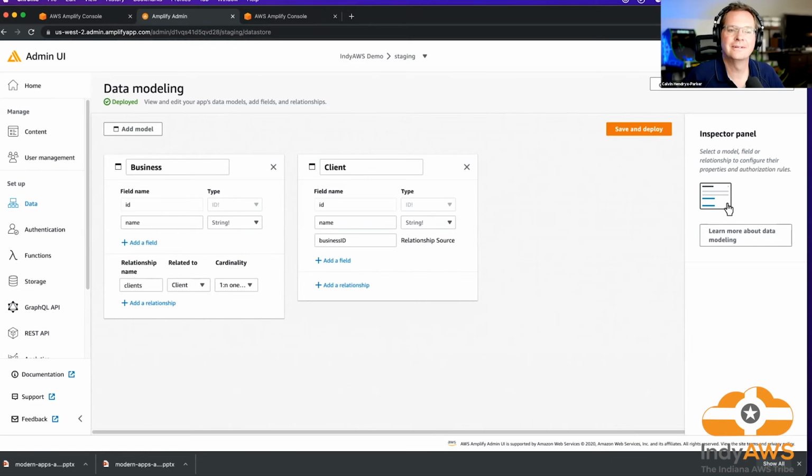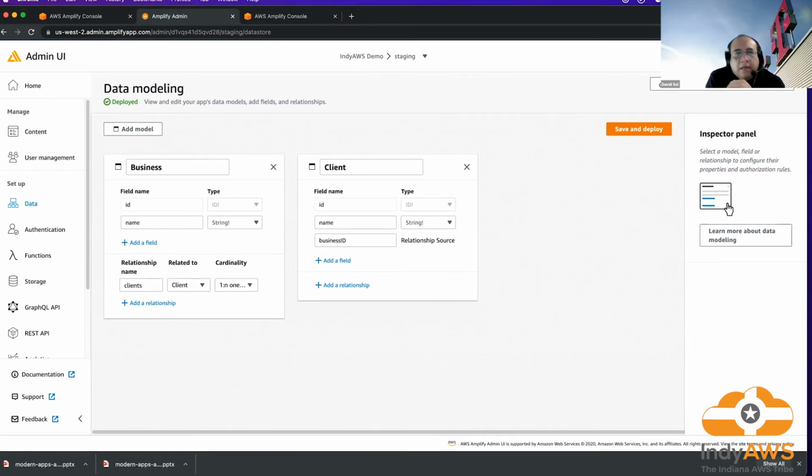Hello, yes, thank you. Nice talk. I have not used Amplify yet, but I'm very interested in doing it. My question is, okay, I can set up the data modeling, for example, which is DynamoDB on the backend. How hard is it, when I grow, to take my application out of Amplify and start doing it outside of Amplify?